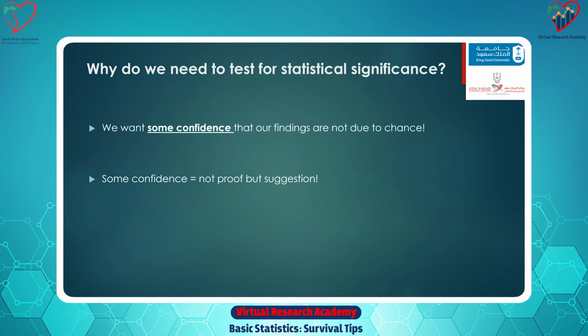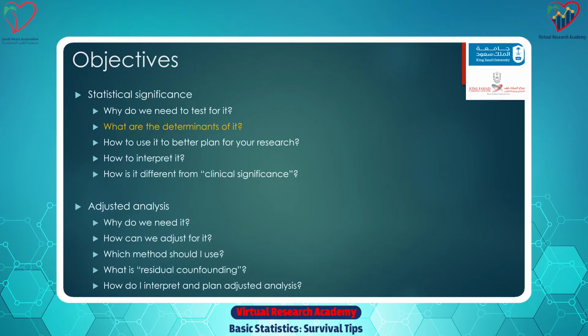The other thing, it's not white or black. You don't move from yes, this is not due to chance, to this is due to chance. Although we use the conventional p-value of 0.05, the better way of thinking about this is that it's a piece of evidence. And you see how we moved from we're really not confident to, yeah, maybe we're a bit confident to, yes, we're confident that this difference is real. And if you think about statistical significance that way, your interpretation of the literature will be much better. All right, so next question. What are the determinants of statistical significance?